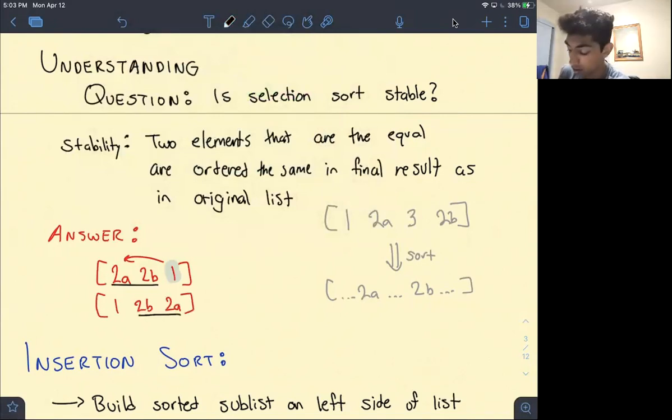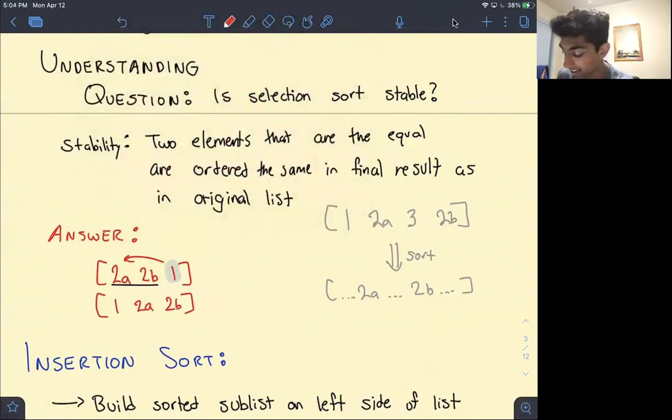So when we run selection sort, what will happen is that we will get to 2b, and then we will ask ourselves, is 2a less than 2b? And then we'll say, no, it's not, because they're equal. So then we will keep 2b here, and then we will keep 2a there, right? Now you might say, hey, Soham, what if we use a less than or equal to check? What if when I'm at 2b and I see 2a, I say I'm going to use 2a because it's equal, and I can? Well, in that case, for this example, it happens to be the case that it works,